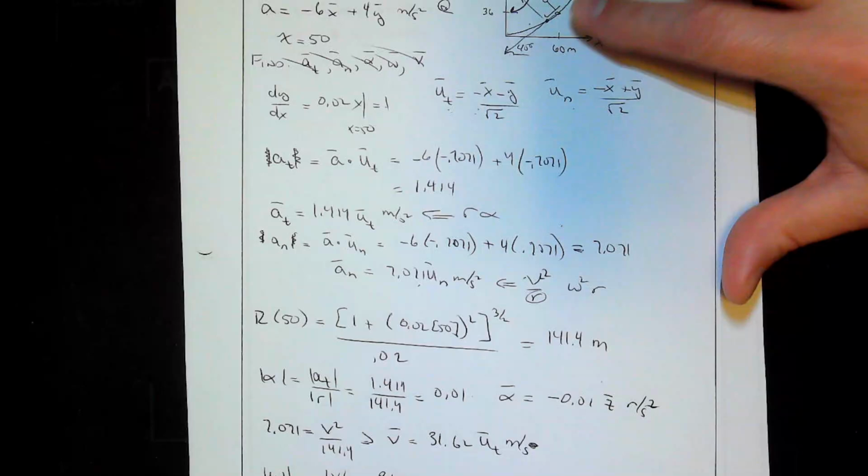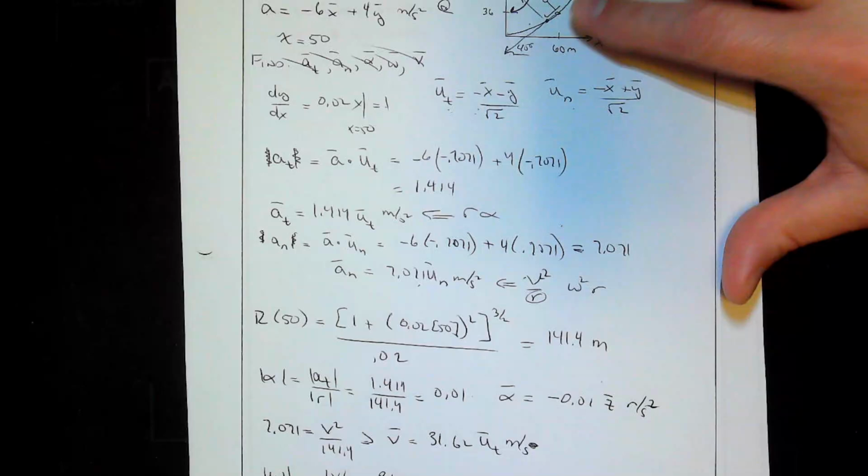Well, now we need that amazing equation that we introduced in the previous problem. The radius at x equals 50 is equal to 1 plus the derivative squared, so that's 0.02 times 50, squared, and then that was to the 3/2 power, which is utterly bizarre, but it's what it is, divided by the second derivative, which is just 0.02. Crank that through, you come up with